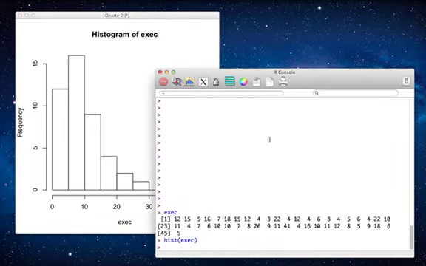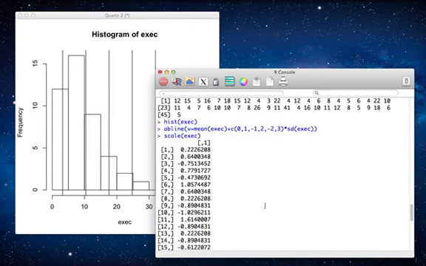Now, how could we get the number of standard deviations that each point is away from the mean? Well, in R it's pretty cool. We're just going to say scale(exec). And so this gives us exactly what we got in SPSS and Excel for that matter. These are the numbers of standard deviations. Now let's get kind of clever on this. If I want the number of standard deviations rounded to the nearest whole number,